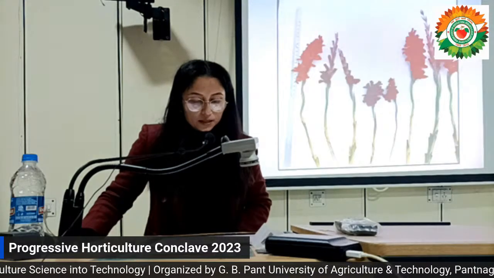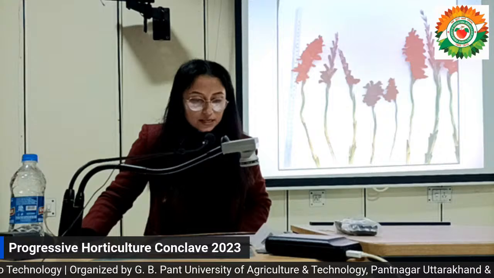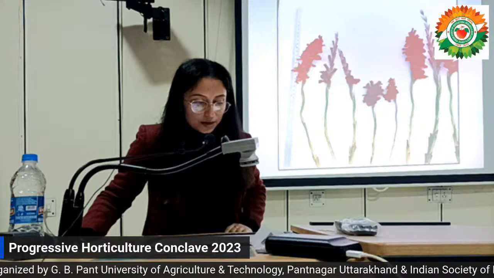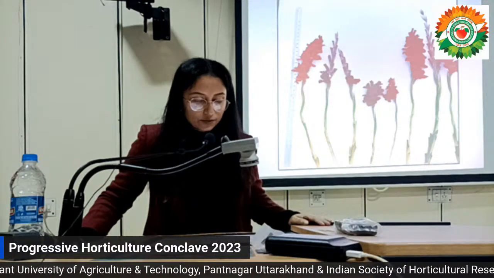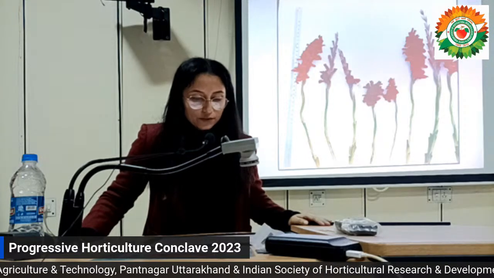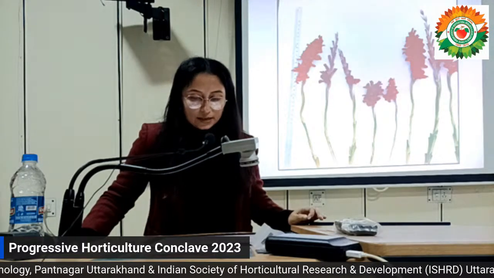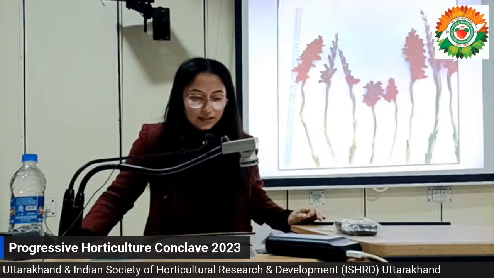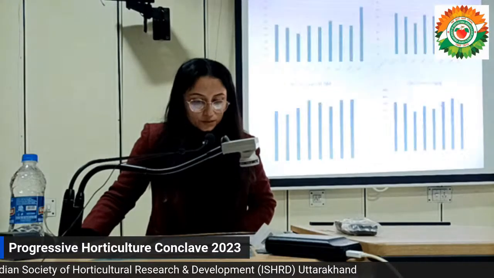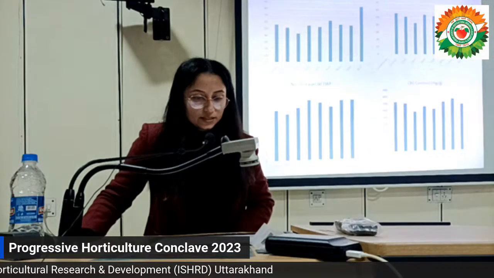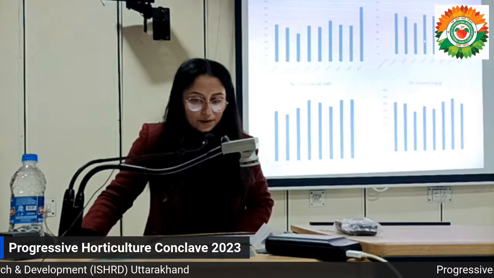parameter. Then we can see the length differences. The first plant being the control, then 4.5, 5 kilorad, 5.5, and so on. In the EMS doses, we can see the variations in length obtained, and these are the various parameters.